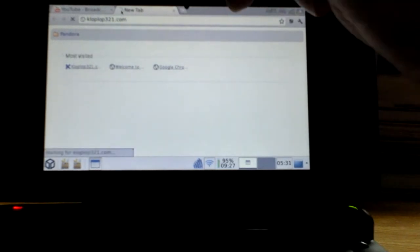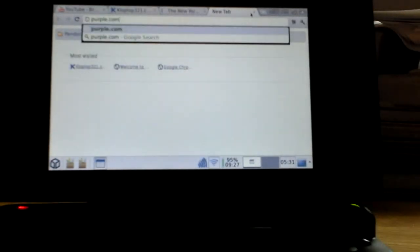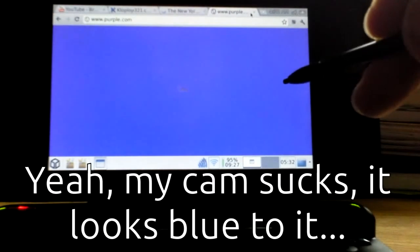So I'm just going to open up that. I'm going to go to, I guess, let's see here, nytimes.com. So let's just put up some load on this. Let's go to purple.com, whose only purpose in life is to display the color purple. Okay,